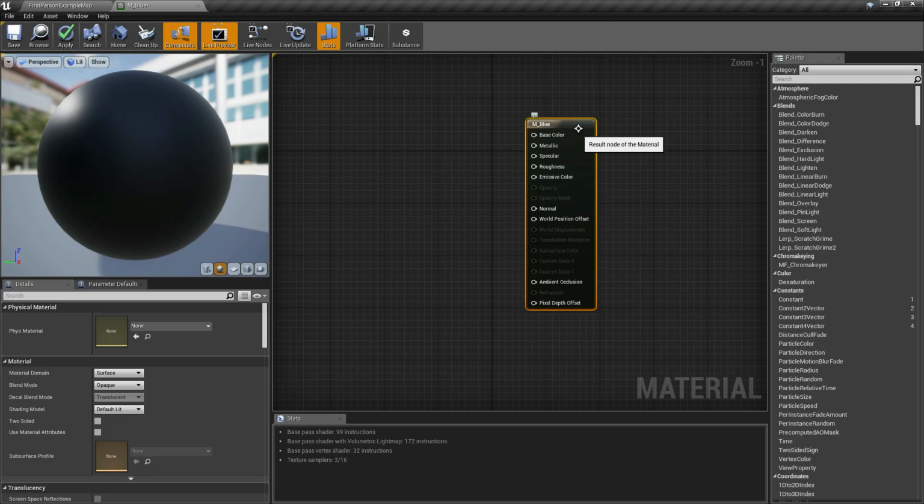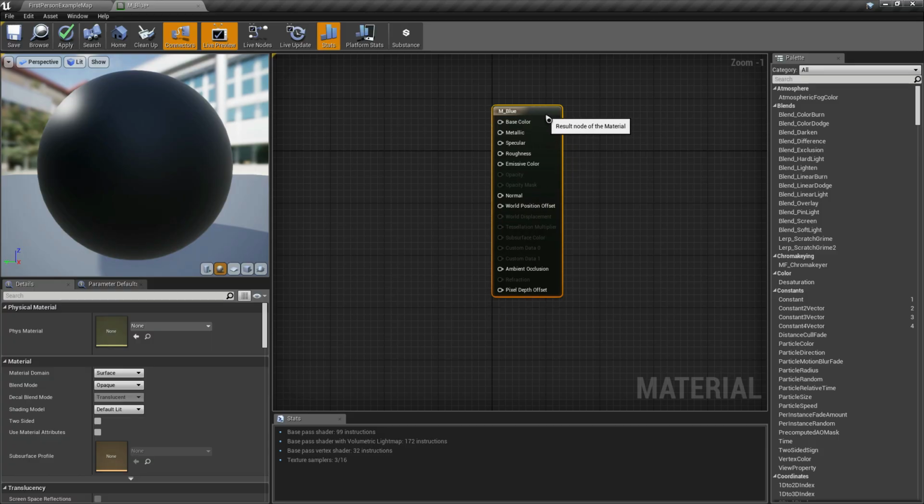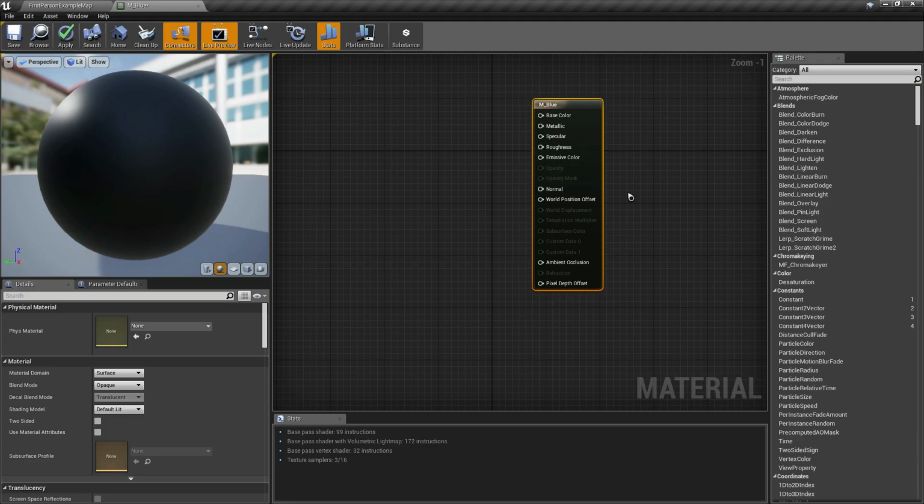So here we have the basic node of the material. It consists of base color, metallic, specular, roughness, emissive color. We have opacity, opacity mask, normal, world position, and so on. There's a lot of connectors that we can use in this basic node.